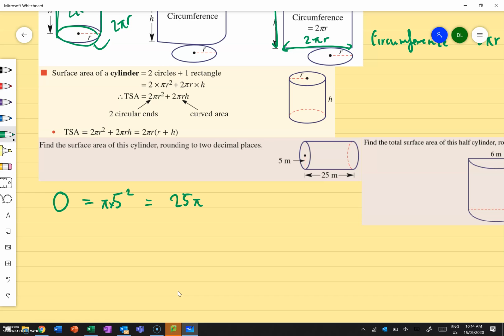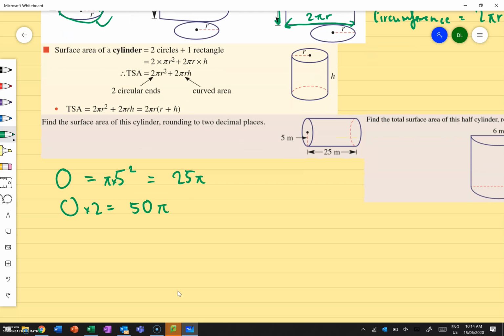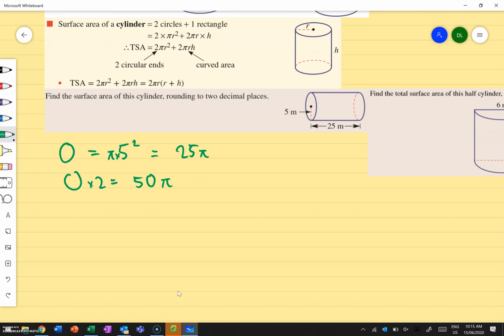So that means that it equals to? 50 pi. What's 25 doubled? 50. 50 pi. Now we just need to find the area of the actual toilet paper section, the actual curved rectangle. To do that,